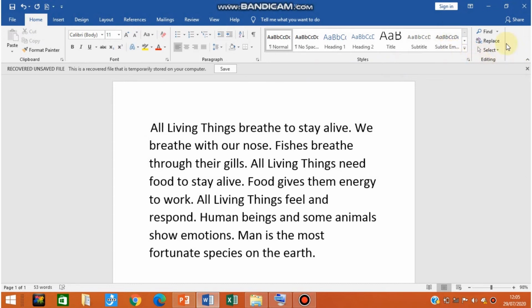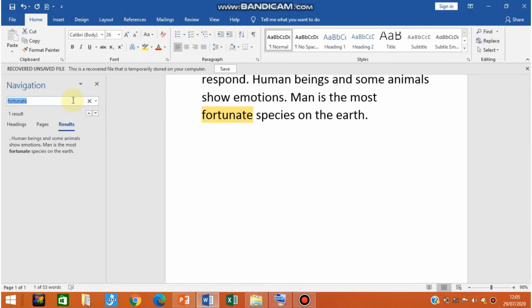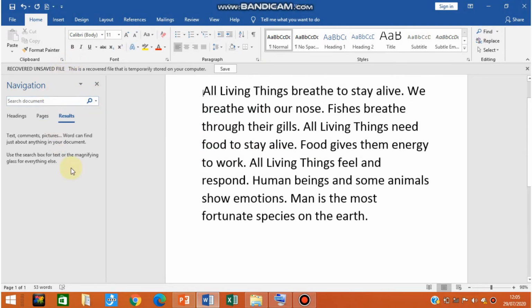From this editing section, you have to select the Find option. Click on Find option, and a navigation column appears on the left side of the screen. Here you have to type the word which you want to search.